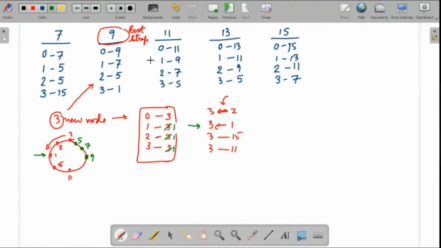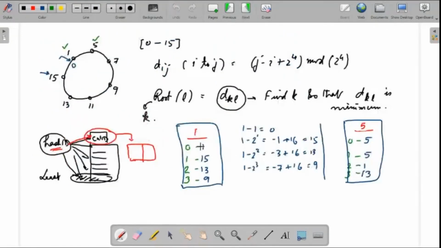Okay. So in the next step, I have 3, 1, 1, 1. So again, next time if 3 exchanges the routing table with 9, no change is going to happen. So now 3 has what all entries with itself. Let's see. So now 3 has only these entries available and nobody else has 3. So 3 will only send the request to 1, 1, 1 only. So 3 can only do exchange now with the routing table of 1. So routing table of 1 is this. Okay. So I will use this 1, 15, 13, 9 on the next one.